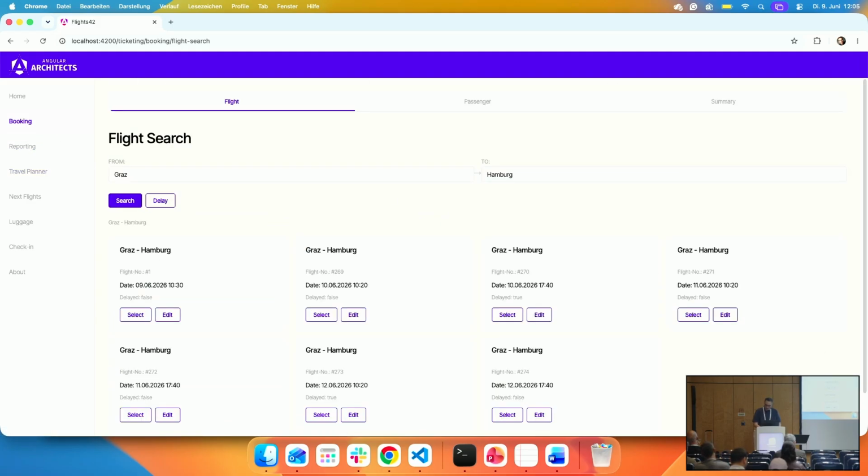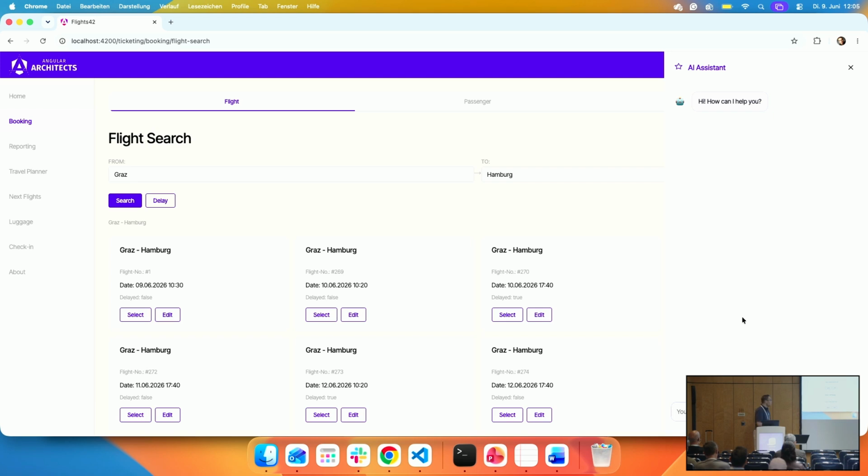Now let's talk about this assistant here. Let's assume I'm a person who does not know whether they have booked a flight. I know this sounds a bit crazy, but when you are traveling a lot, sometimes you don't even know anymore. Did I book this flight, or did I just discuss it with a colleague, or did I just look up the prices? So let's ask it, did I book a flight for France? And now it's thinking, and then it comes up with a good answer.